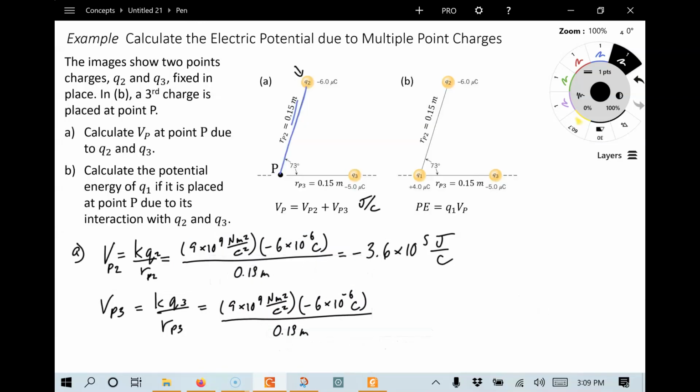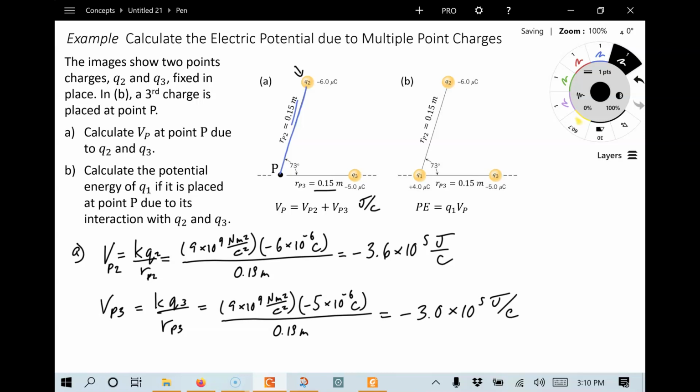In this case, charge Q3 is minus 5 microcoulombs. So let's put a minus 5 there. And the distance is the same distance, it's also 0.15 meters. The picture doesn't quite look like it, but we're going to go with that, 0.15 meters. And when we put this into the calculator, we get a value of minus 3.0 times 10 to the 5th